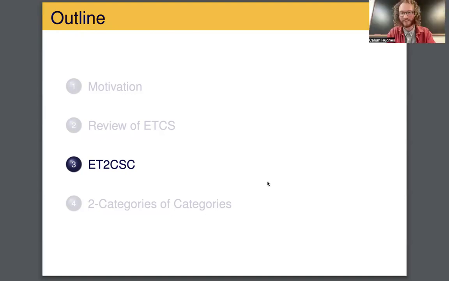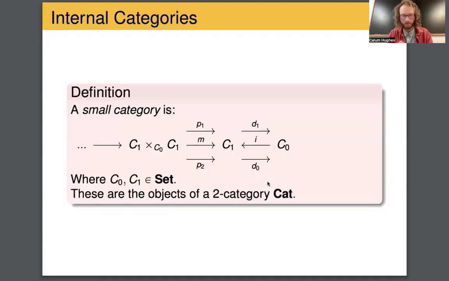Okay, fantastic. So I'll move on to talk about a categorification of this, which we call the elementary theory of the 2-category of small categories. So, what is a small category? Maybe a silly definition to include in such a seminar, but a small category is a set of objects, a set of morphisms. Every morphism has a source and target map. Every object has an identity arrow. And then we have a set of composable pairs as well and a composition operation.